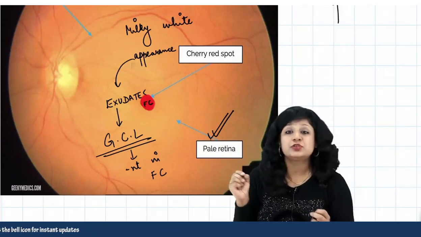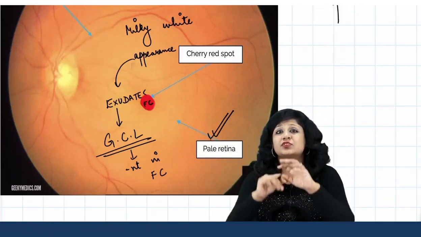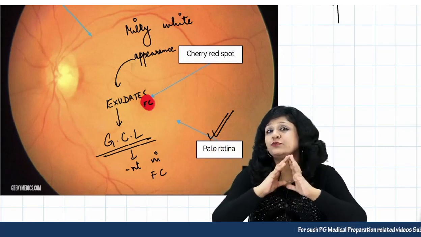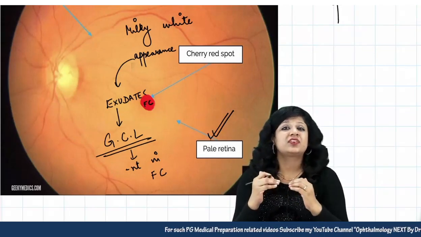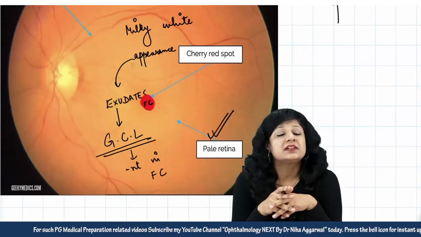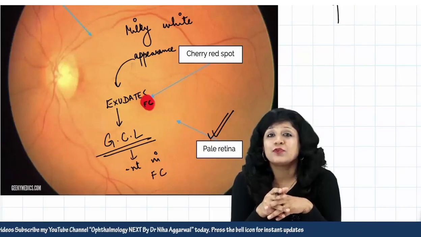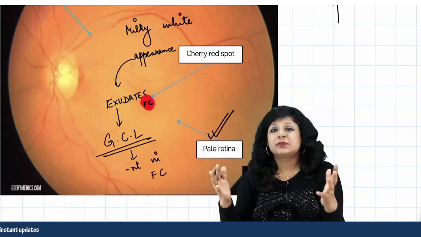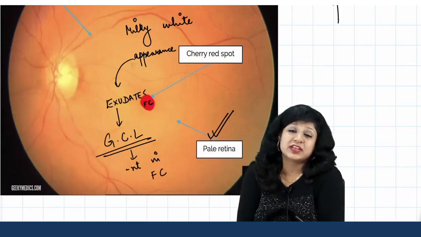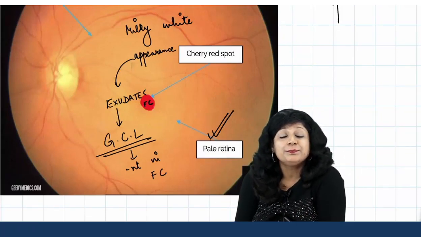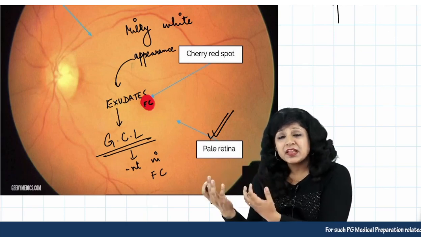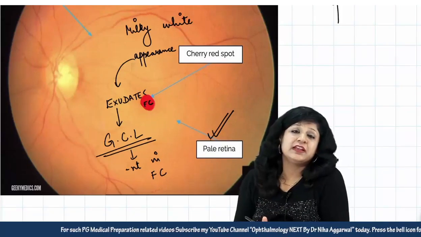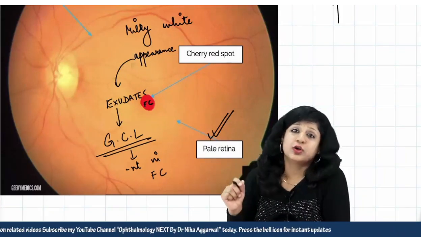Every other part is appearing pale and white, while this fovea centralis continues to shine red because choriocapillaries are supplying the fovea centralis, and fovea does not have this ganglionic cell layer, so choroid is clearly visible through it. So this phenomenon is called cherry red spot. So it is not abnormal, rather it is the only area through which choroid continues to shine even after the arteriolar occlusion.